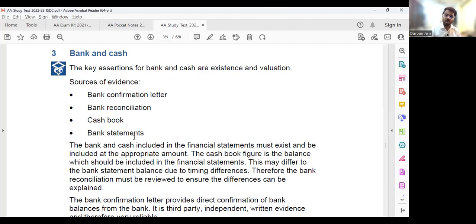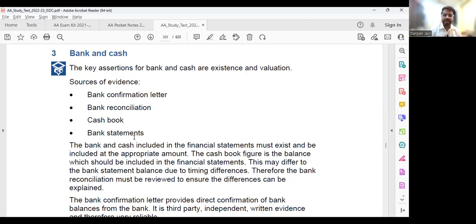So all the items which are there in the balance sheet, you as an auditor should check them, right? You should make sure that the amount being shown in the balance sheet for all of these items is true and correct, true and fair. As an auditor, your responsibility is to do that, right? Okay. Now, first let us discuss bank and cash, and then we will move on to the other balance sheet items. First, as I told you, we'll finish the balance sheet items. Then we will go to P&L items.